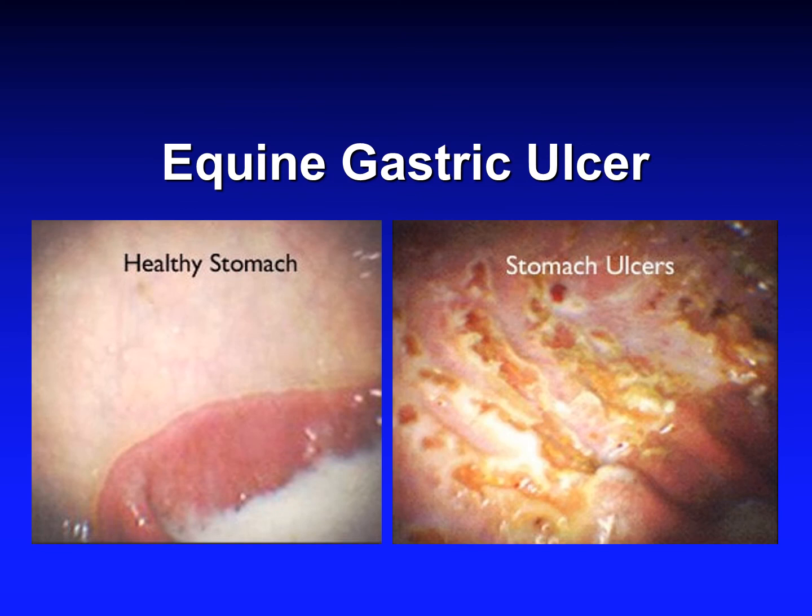You've seen these two endoscopic pictures before. On the left-hand side, it's a normal equine stomach versus on the right-hand side picture, you have a stomach with ulcers. Another problem with the stomach